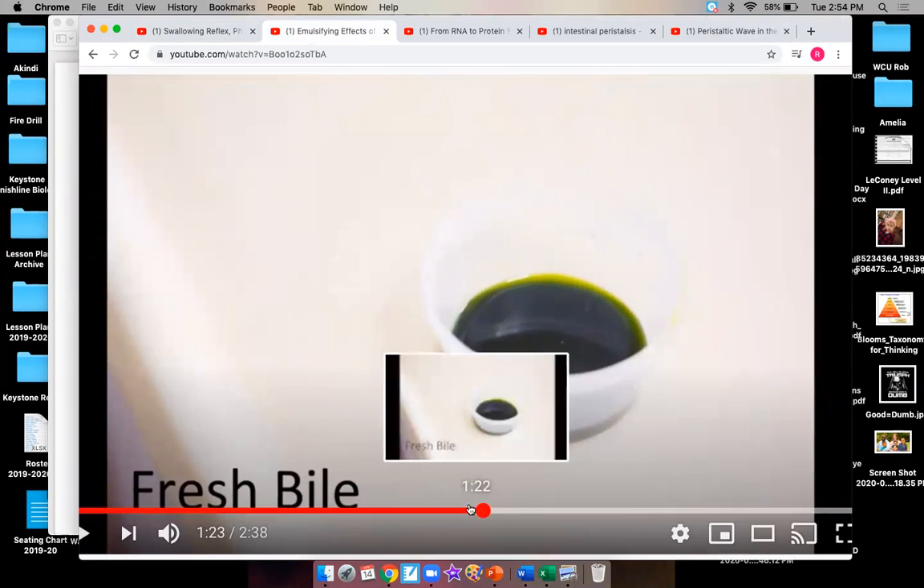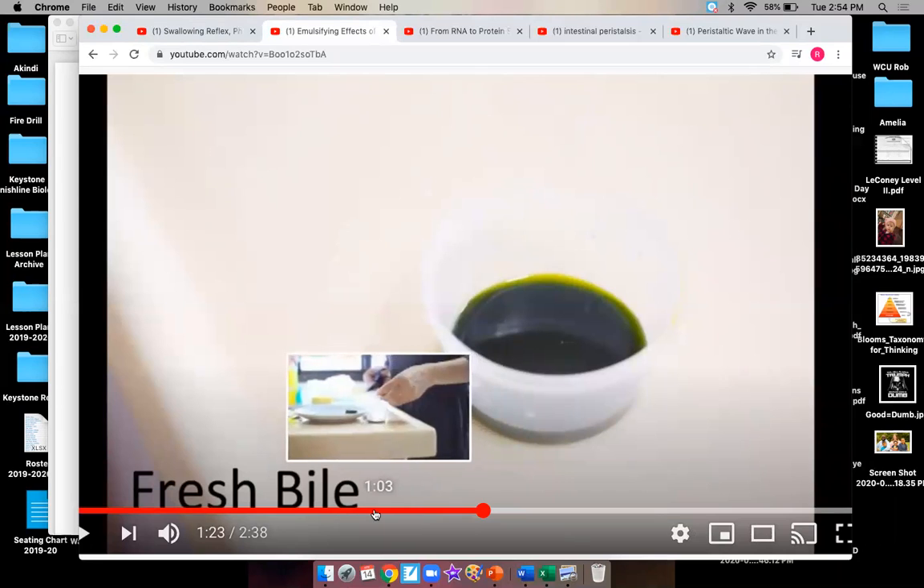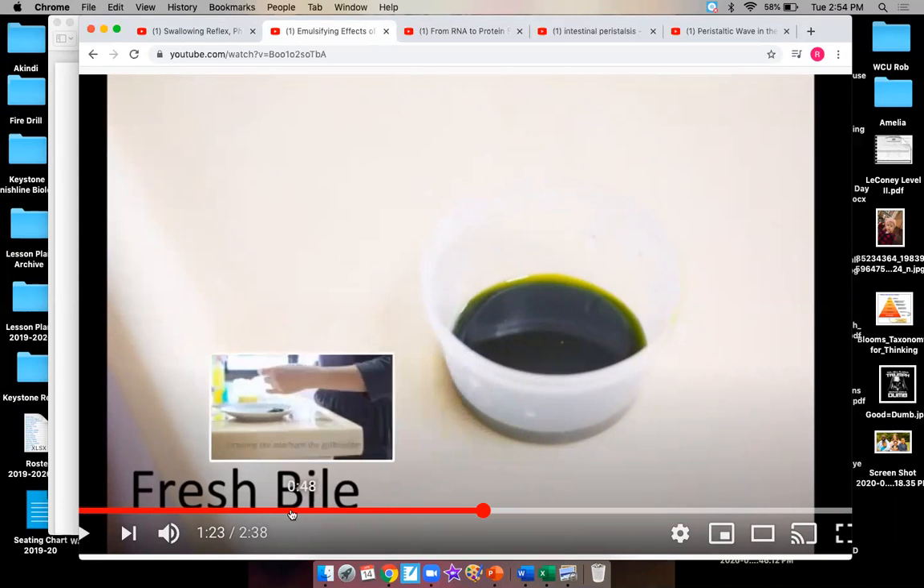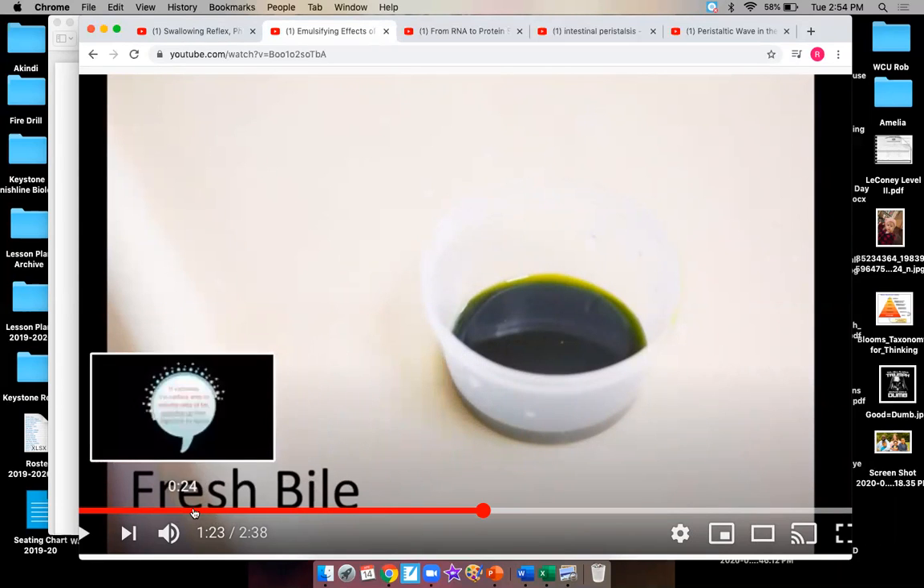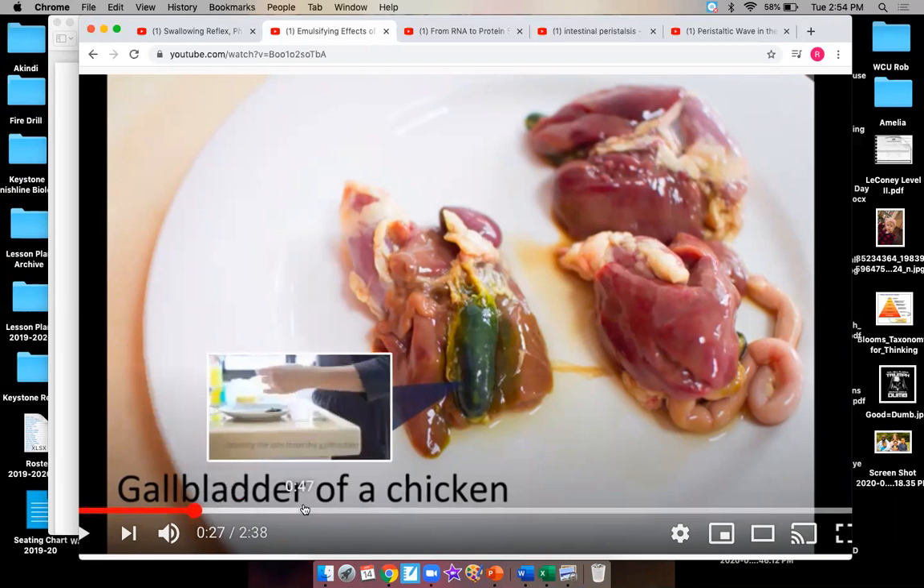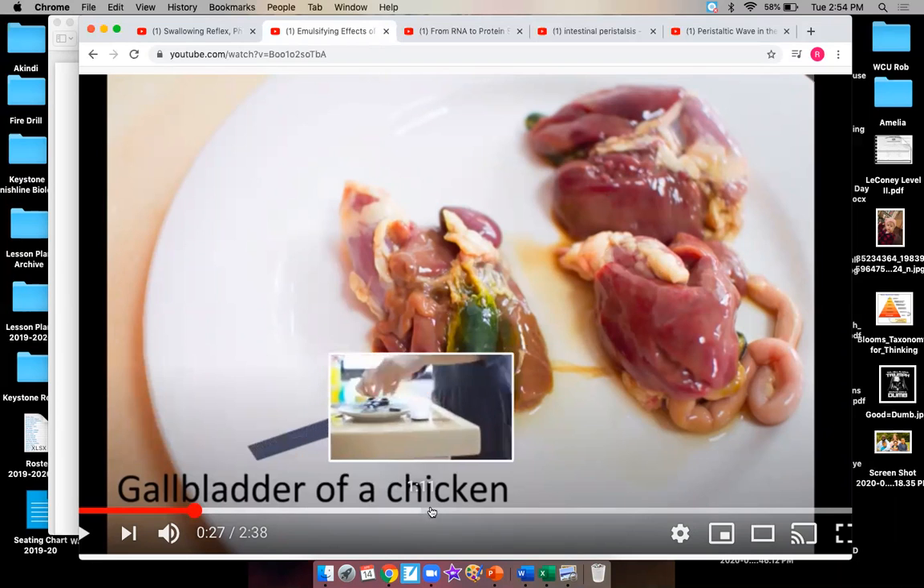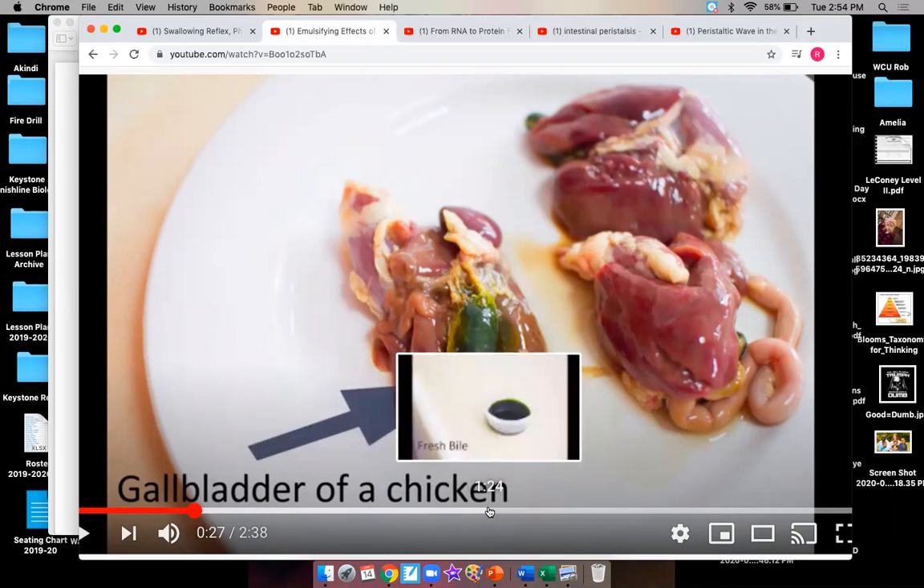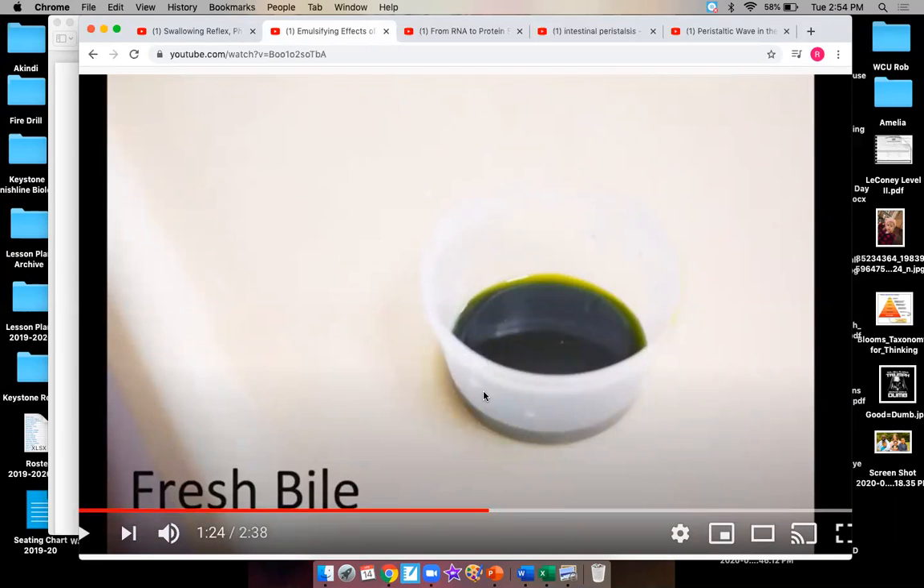Now to emulsifying. Let me backtrack here. This is actually chicken parts you're looking at, so don't be grossed out. Right? But this person got chicken liver and found the gallbladder. The liver's job is to make the bile. The gallbladder holds the bile for when they need it. This person took that gallbladder, took the bile, fast forward, drained it out into that cup. So now she has a fresh cup of bile